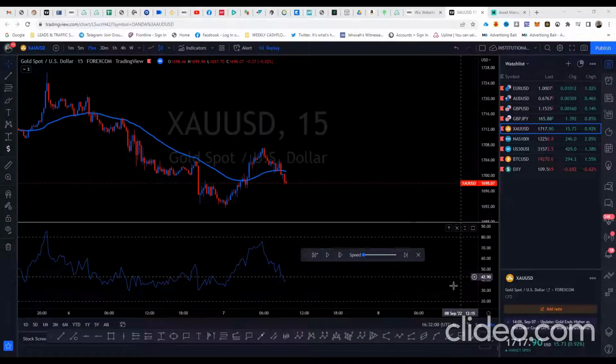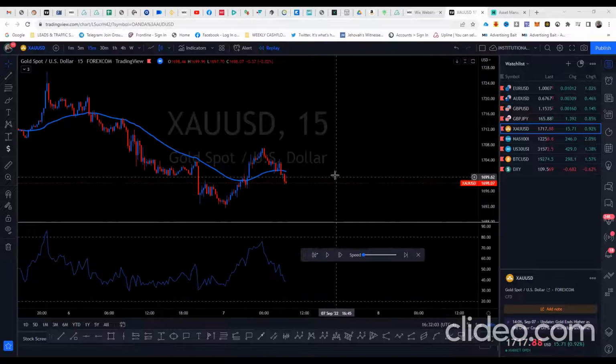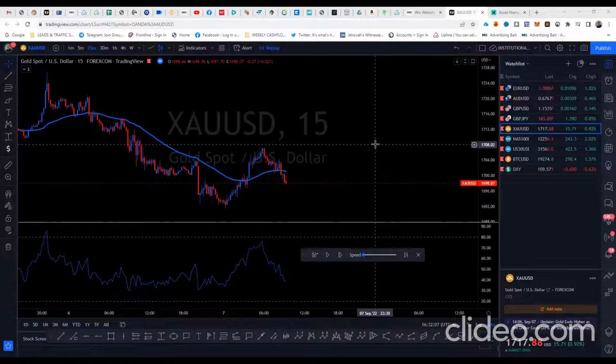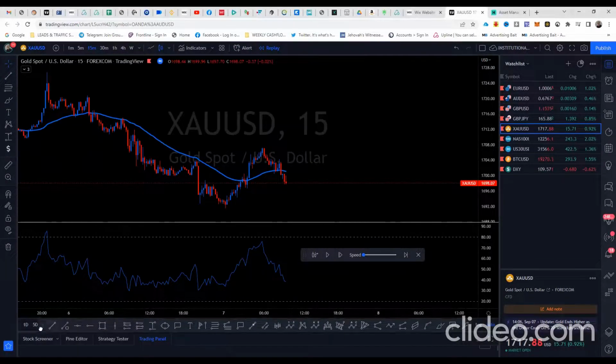What's going on, everybody? Welcome to another supply and demand backtest session. I'm going to go over this trade that I went into this morning. Price ended up going the opposite direction than I thought it was going to go, but I ended up making an adjustment and jumping into that trade and made my money back. I did lose some money at first and then made it back, and I'm going to show you guys that